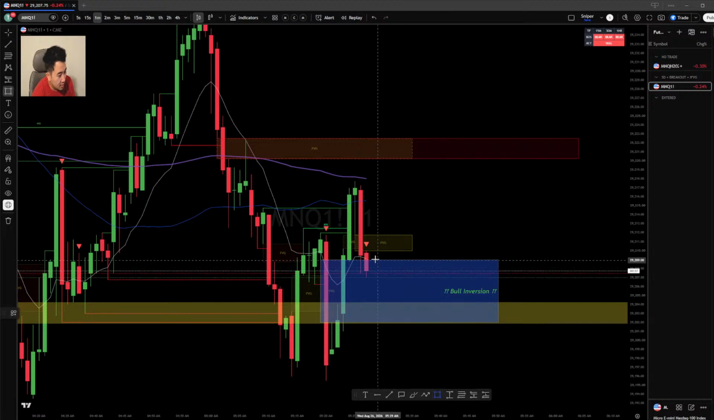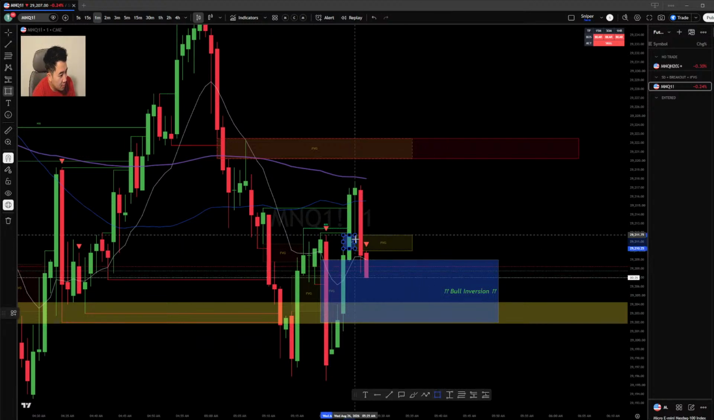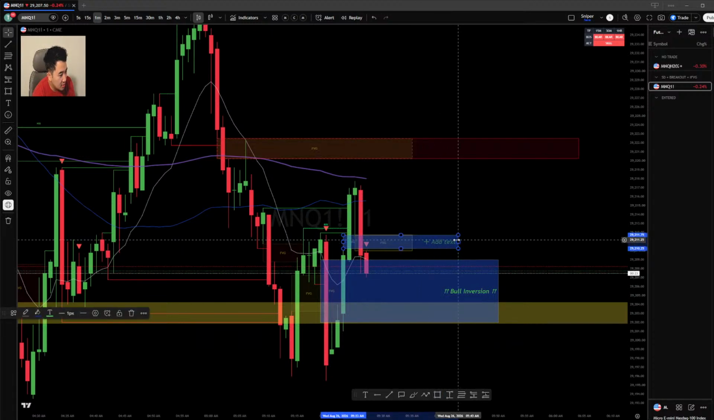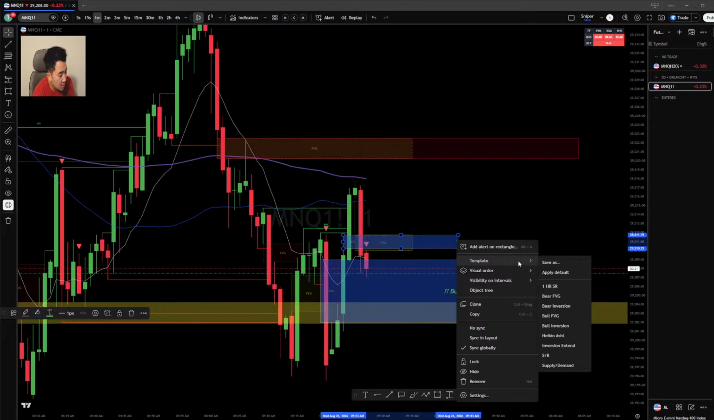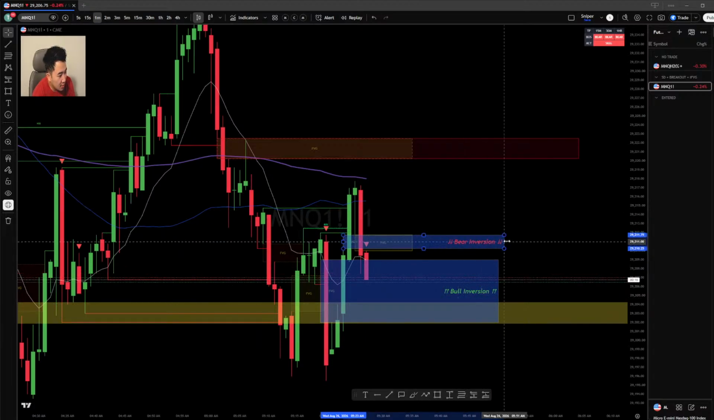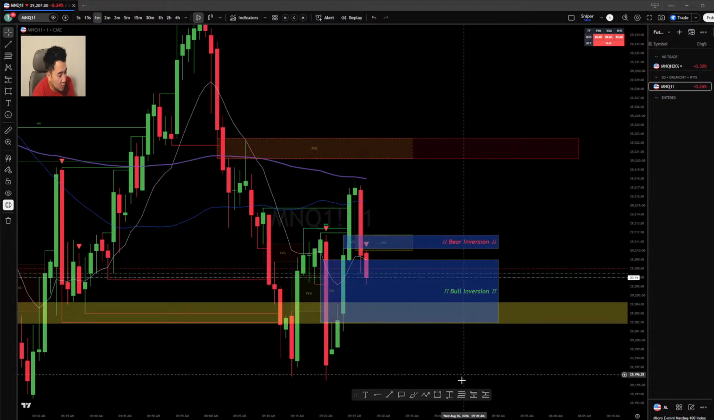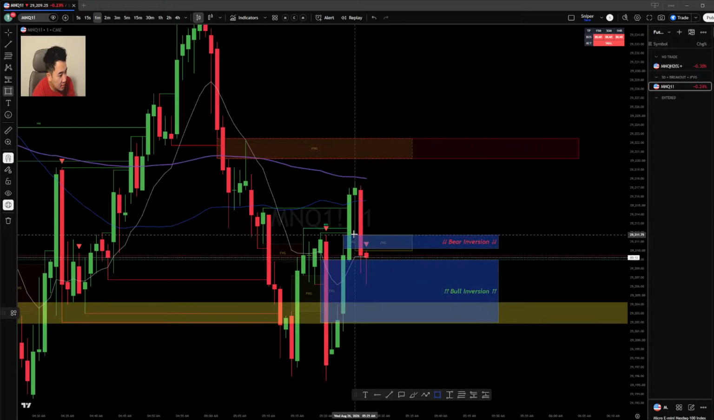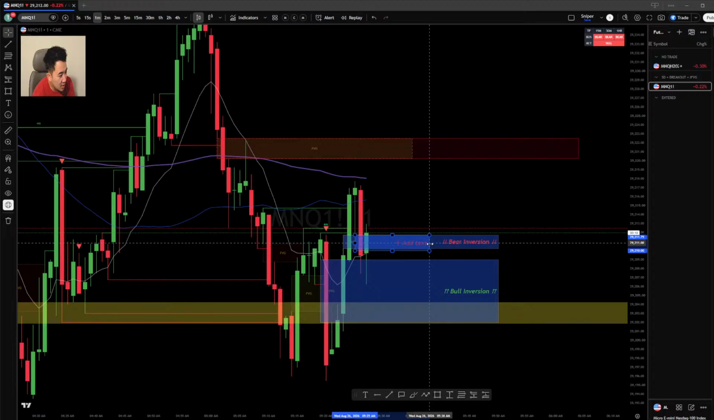All right, so this one you have to be careful. You have a bullish gap that becomes a bearish inversion, and then you have a bearish FVG that is forming right inside of it. Usually when you have this,